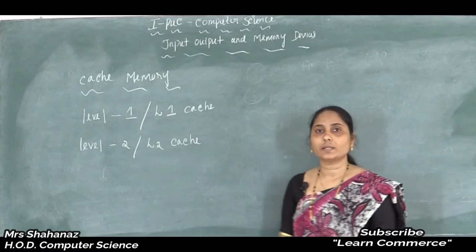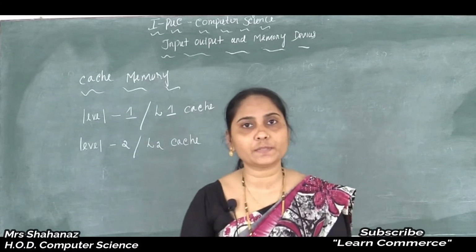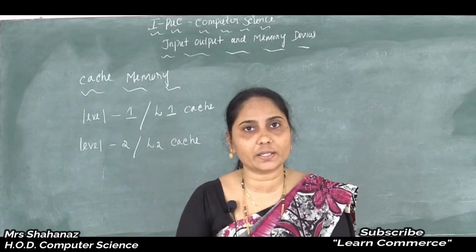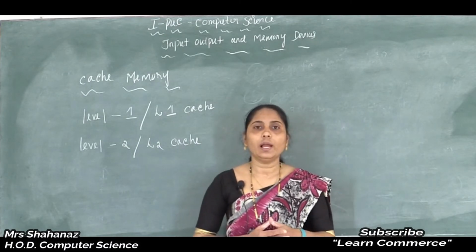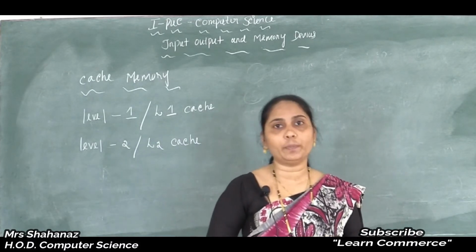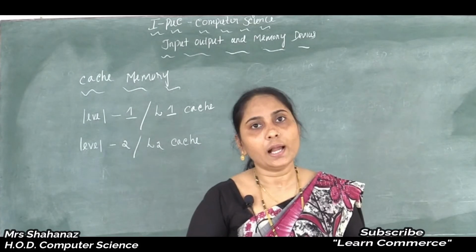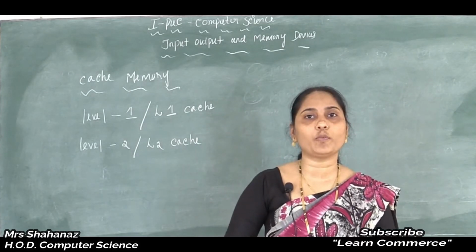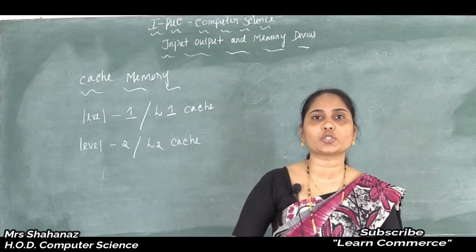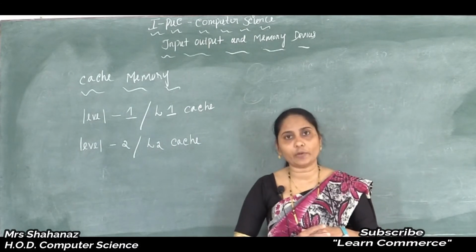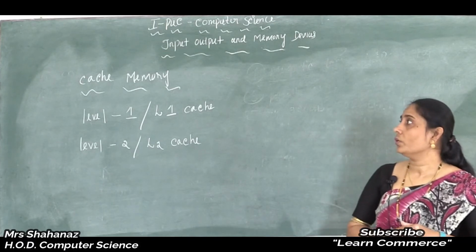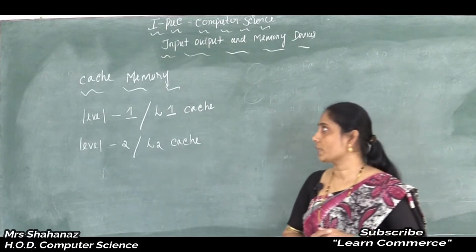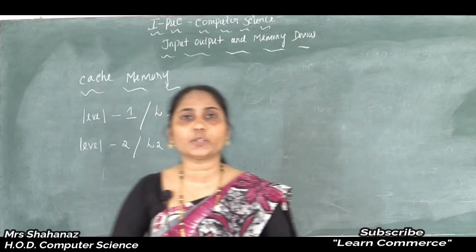In the last class we studied important concepts about our secondary storage devices: compact disk, read-only, floppy disk drive, and also magnetic tape, Blu-ray disc, hard disk, and finally PSD. The full form of the PSD is portable storage drive or disk. Now in this class we are going to learn a very important concept from chapter 2, cache memory.